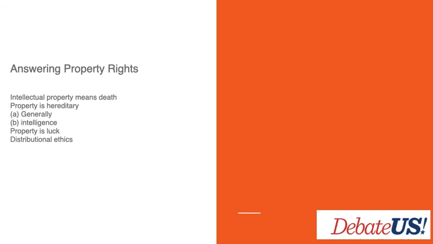How do you answer the con's property rights argument? Well, you can say if we protect too much intellectual property, we're basically protecting death. We're protecting your ability, my ability, if I own this, to deny the distribution of a drug that people need. You can also say that property is not really the most important thing that we want to protect in society, especially intellectual property. Property itself is passed on from one generation to the next. It can be something that you earn, but it's not necessarily something that you earn.